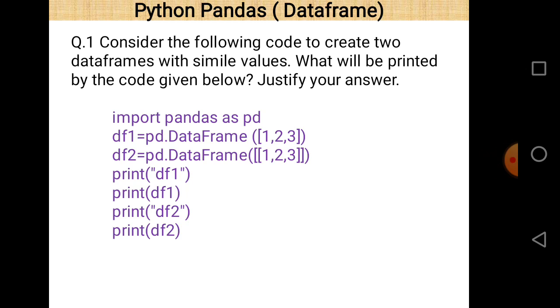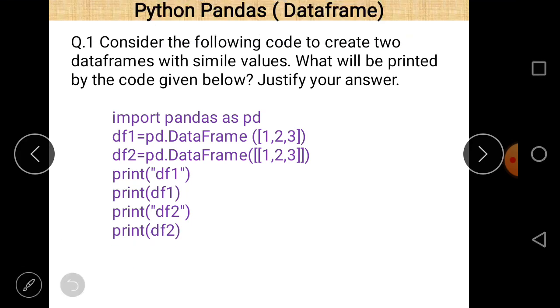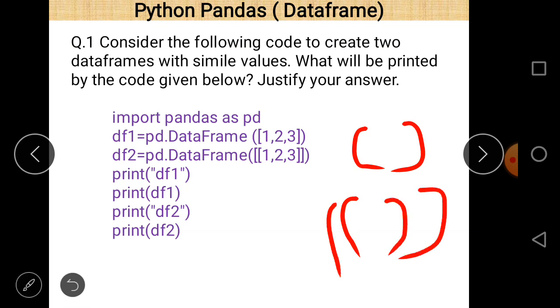They look the same, but there is a little bit of difference between these two. In df1 we see that there is only a single list, and in df2 there is a nested list. So df1 is represented by single brackets and df2 by double brackets. That is the difference between df1 and df2, and because of this the outputs of df1 and df2 are a